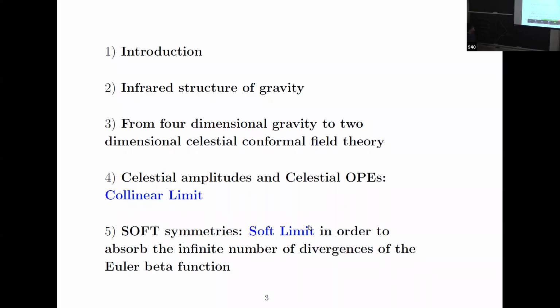And then I will discuss some low energy behavior of the gravity theory, and then I will move on to the boundary theory, the two-dimensional celestial conformal field theory, and then the next step I will discuss the celestial amplitude and OPEs. Somehow this is very important